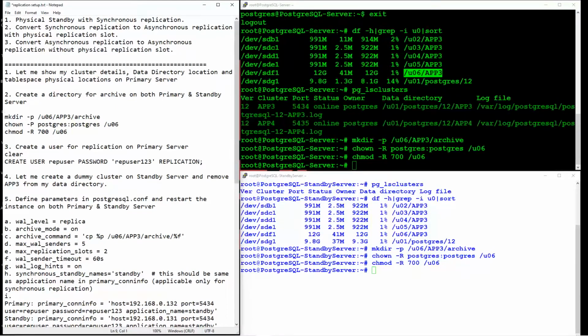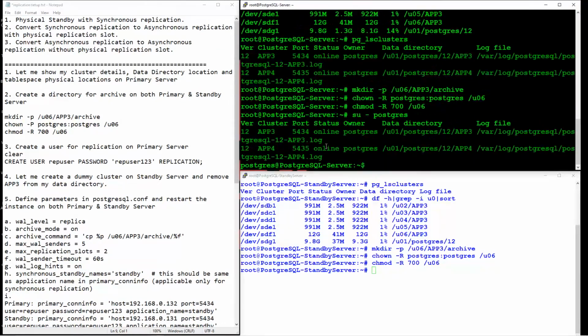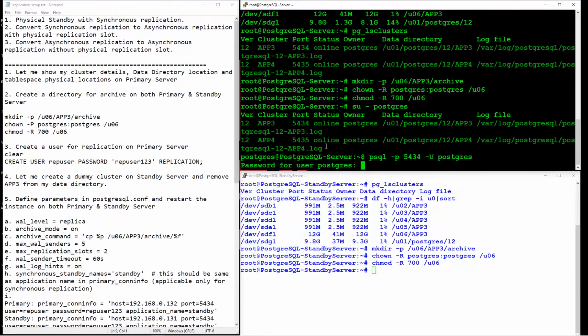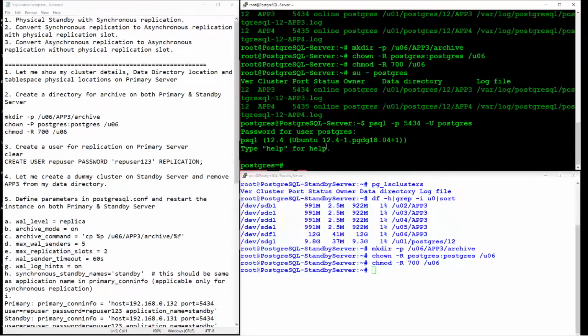Now let me create a replication user in my primary DB cluster. psql -p port number 5434, user is postgres. I logged in.